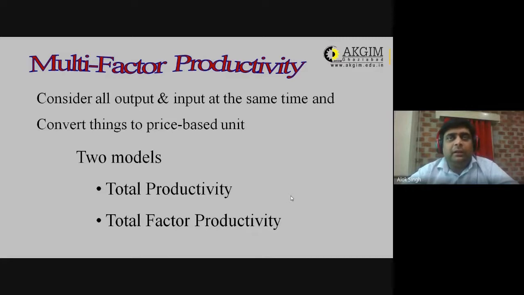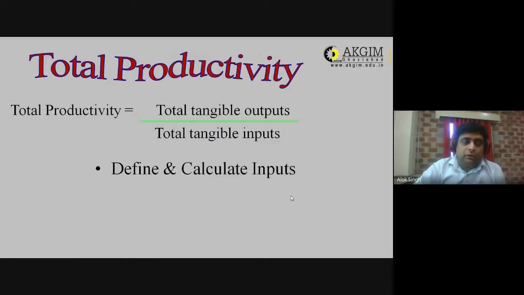Weight may be either in terms of alpha, beta, gamma, or you will check that we should weigh on 10, we should weigh on 100, we should weigh on 1000. That depends totally on organization to organization. But if you want to calculate total factor productivity, it means there are more than one factor contributing towards getting some output, and for that you will check which factor is contributing up to what extent. So that is basically total factor productivity. Okay, so this is all about multi-factor. So there are two categories, total productivity and total factor productivity.